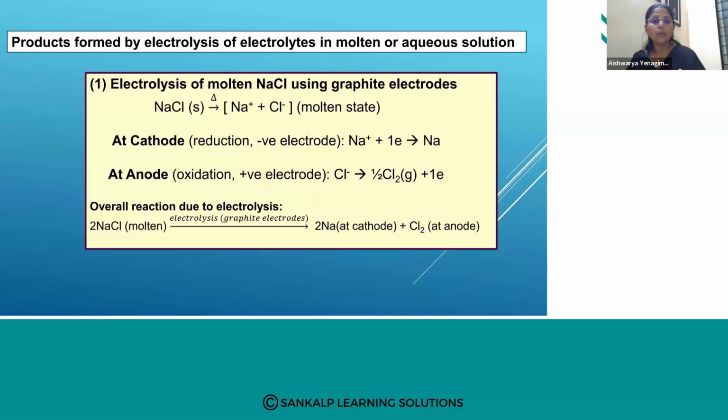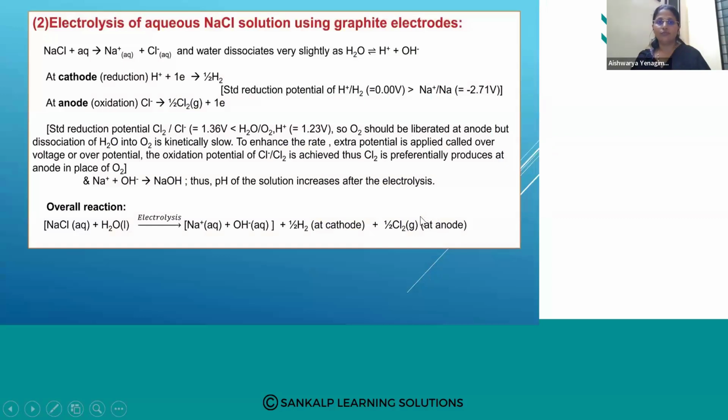And at the anode, what happens? Cl-, the negative ion, will go to the anode, because the anode is positive, connected to the positive terminal of the battery. So Cl- will lose the electrons and form Cl2. So overall, when NaCl is subjected to electrolysis, you get Na at the cathode and Cl2 gas at the anode. Using graphite electrodes, you can see here, the standard reduction potential of Cl2/Cl- is 1.36, which